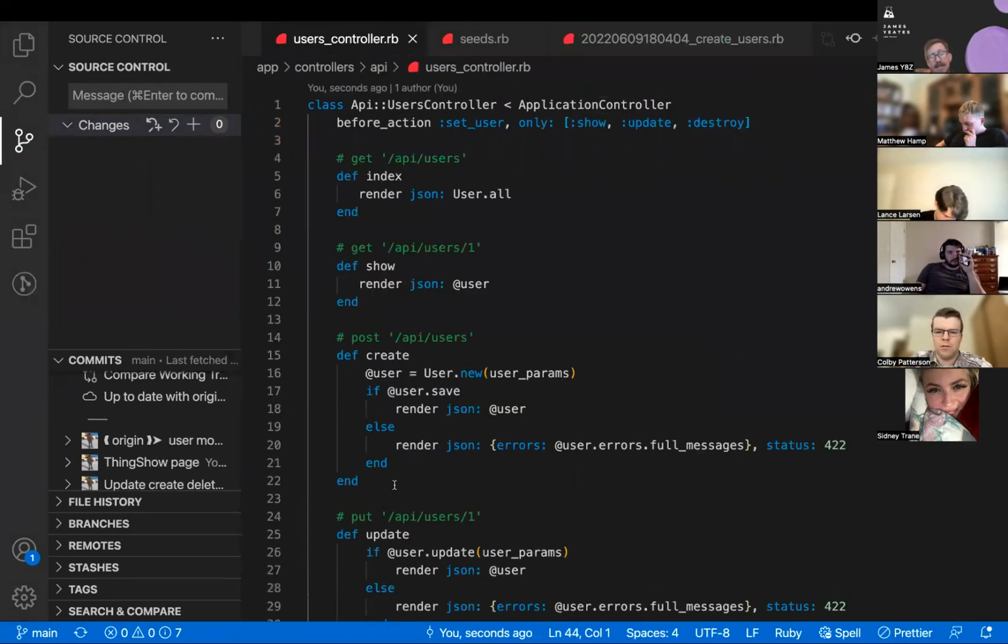So I think this hackathon is probably going to be like 85% React, 15% Rails-ish. Those are made-up numbers, but